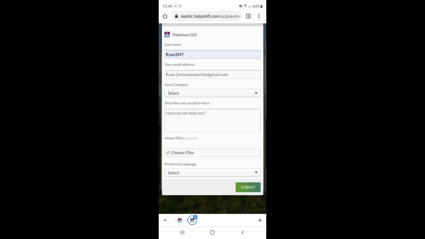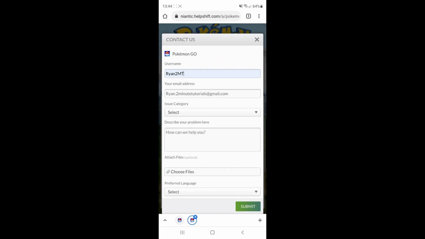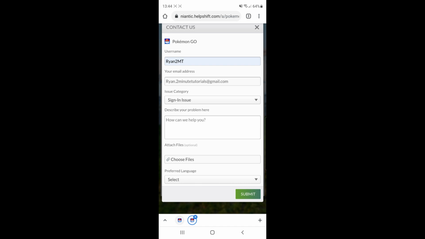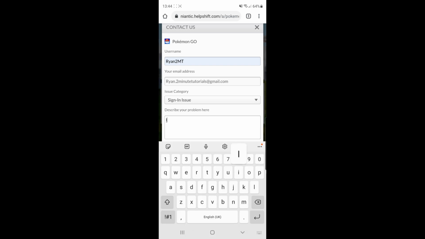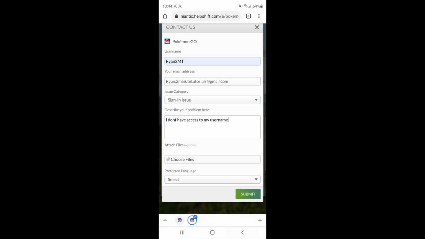And then the next stage is to enter in an issue category. So if you click on the drop down menu, you have a couple of options here. And the one we need today is sign in issue. So in the next box here is describe your problem. So you can go ahead and put something like, I don't have access to my username. Just something like that, and just tell them a little bit about the problem you are having and why you